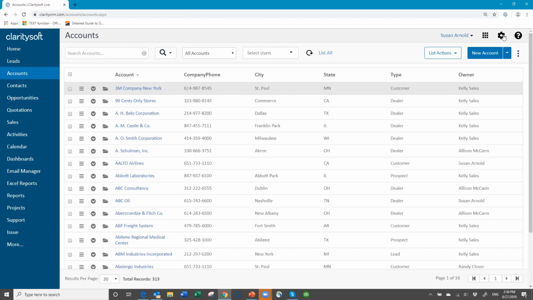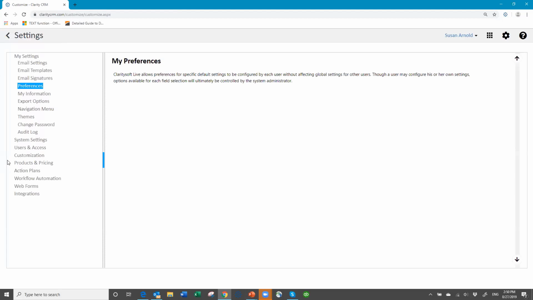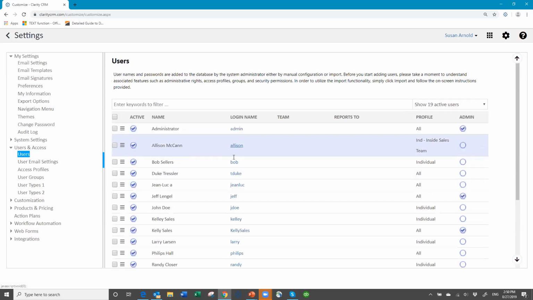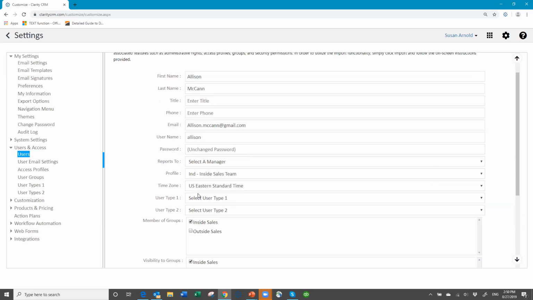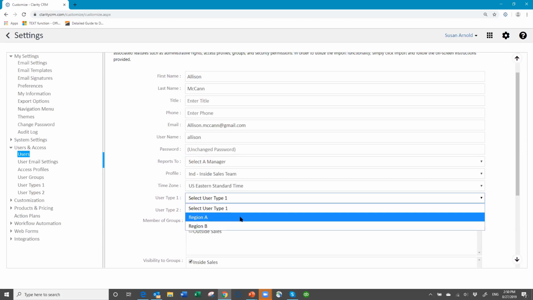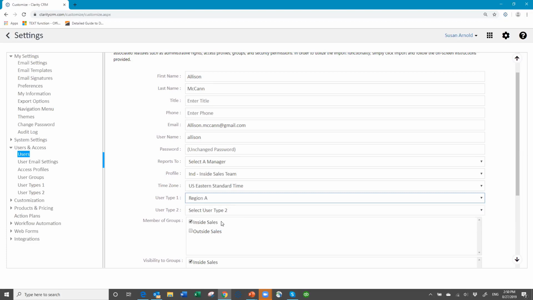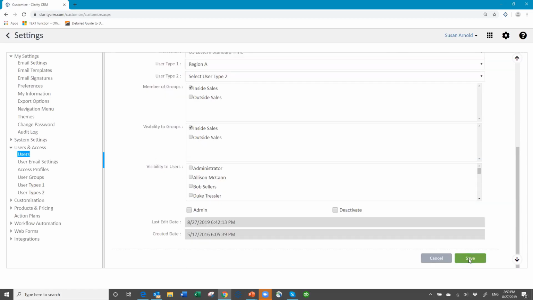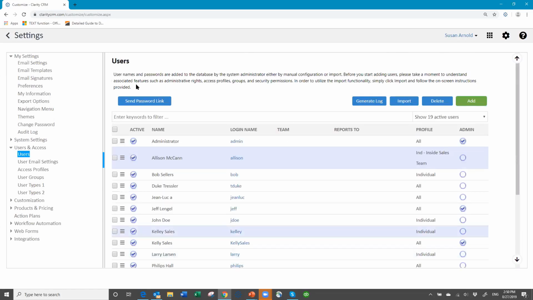One more thing here real quick. Go back to Allison. I did not assign her to a region. So if I assign here to this region A, she is assigned to a group. And then save her. And if I go back out,